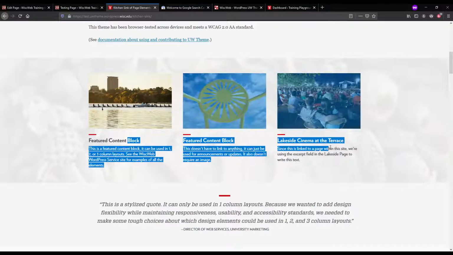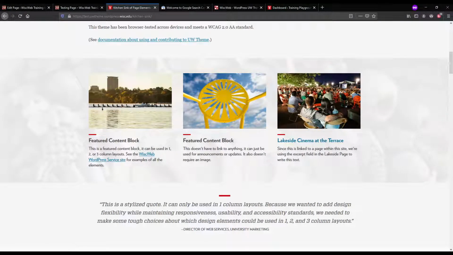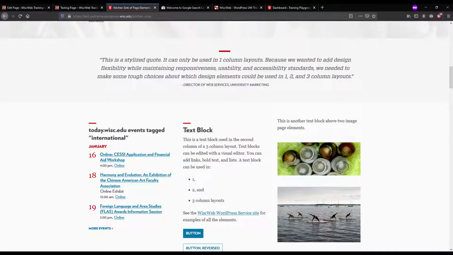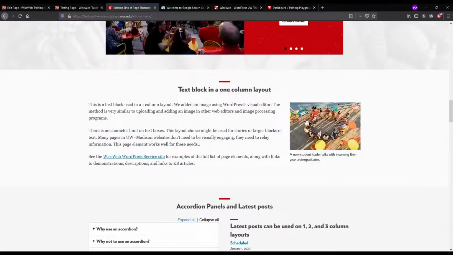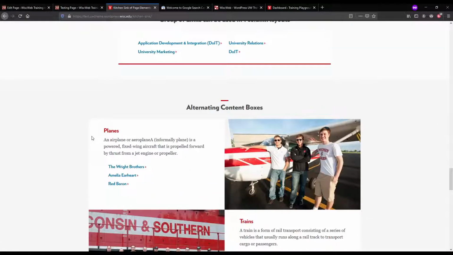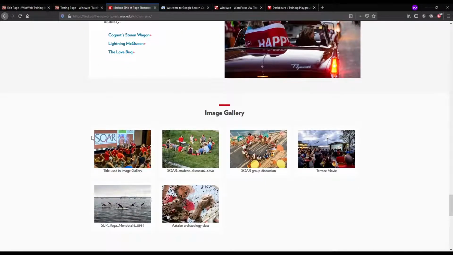Let's see. So I brought up the test kitchen sink of elements as well. Yeah, that's a really good page. Here's an example. So the featured content block currently all caps. Future will not be all caps. But in this case right here, no, that's not it. I'm trying to find one that would be still all caps in this example. Nope. On that page, there might not be any.